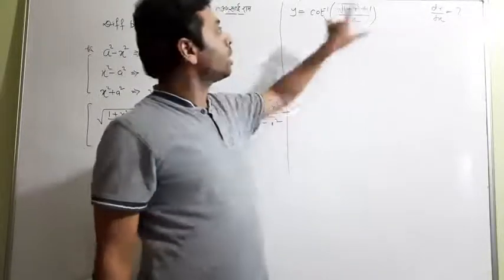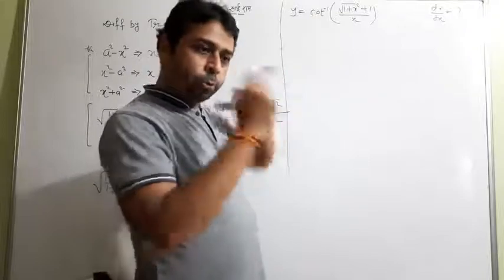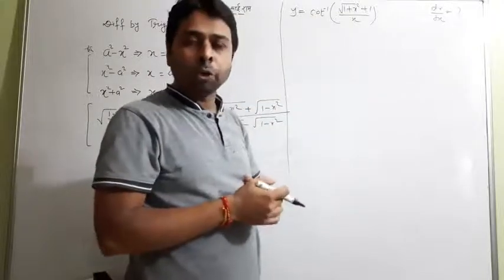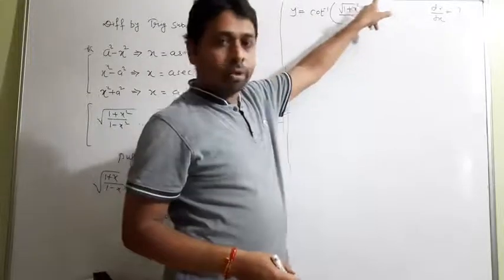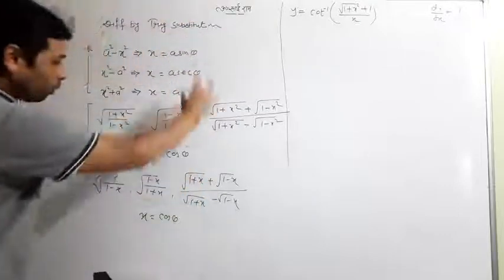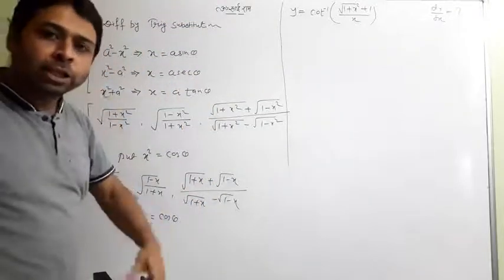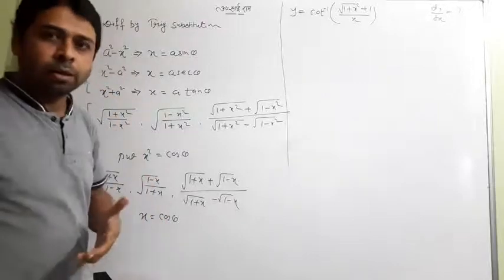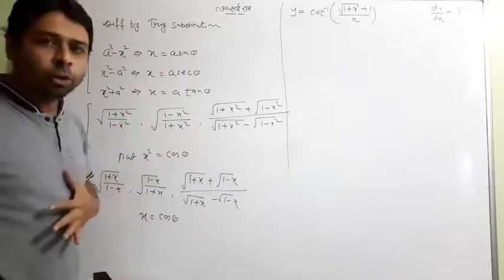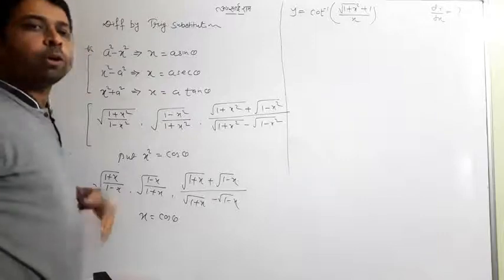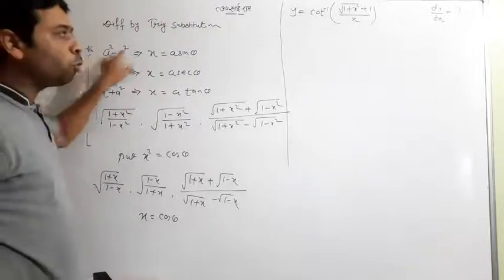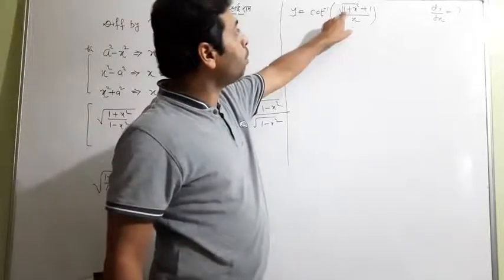First thing, it is cot inverse. So you have to think first for the substitution. Then root is coming. So with the under root coming, these all are waiting for you. Don't be afraid about a. Normally a gets 1. A is always 1. In all questions which I will tell you or which you will see in some other book, you will always get a equal to 1. So don't worry about it. It is 1 plus x square.